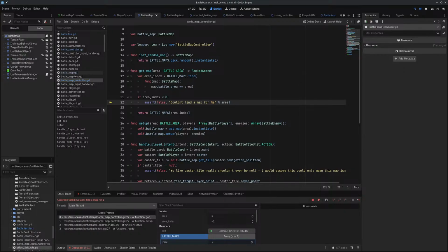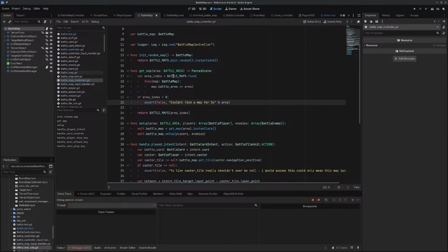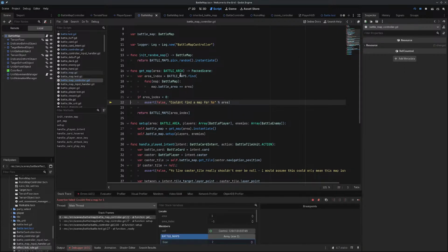So for some reason, the battle maps, although it does appear like they exist, although